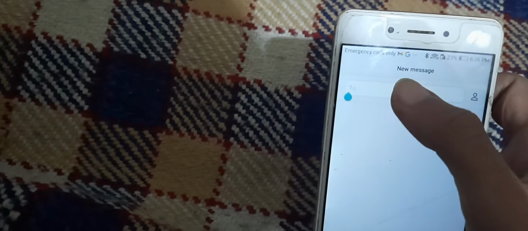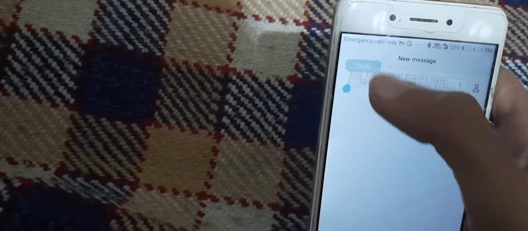We will have to copy this and paste it in this message box. New message, paste it here. Delay, divorce, sister, embrace, reason. So here we just have to write that phrase again.